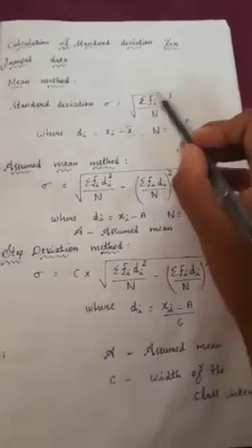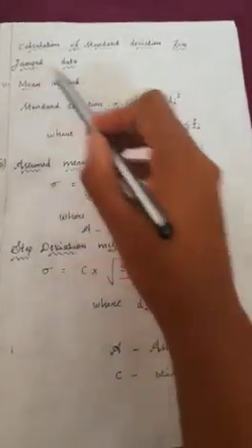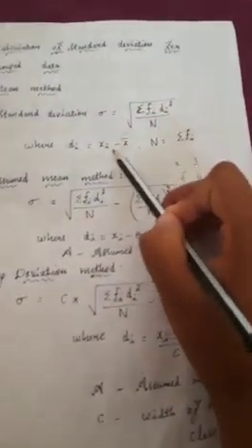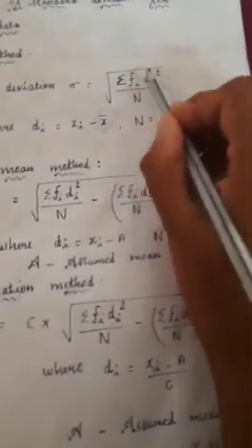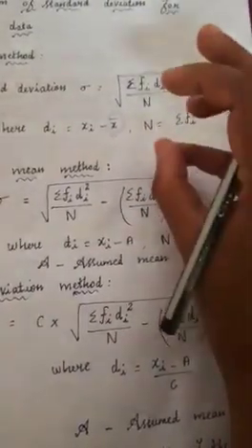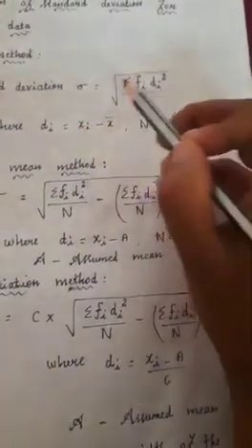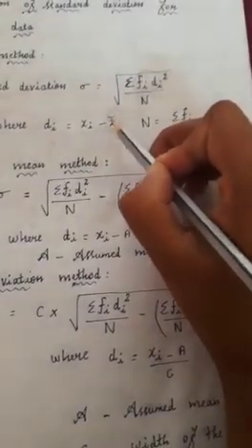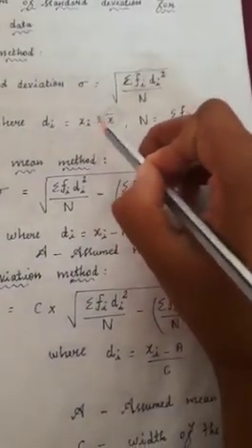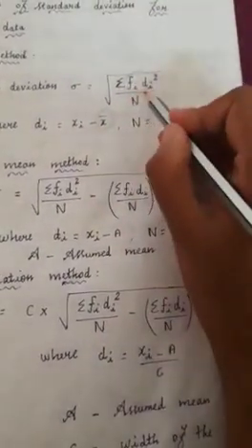So di means xi minus x bar. In the mean method, the di value is xi minus x bar. Summation fi di square means you need to find the sum of this whole thing. The xi value you know. Then how will you find the di value, xi minus x bar? First you have to find the x bar value, then you subtract it from each value, the mean. Then you will get the di value.